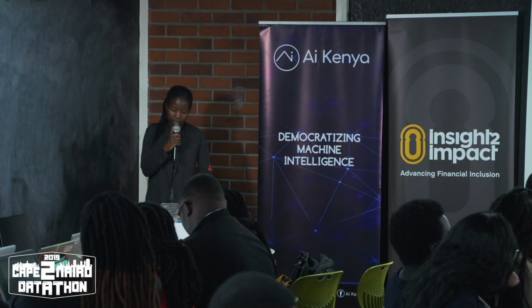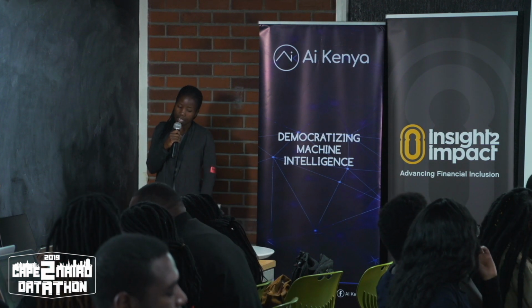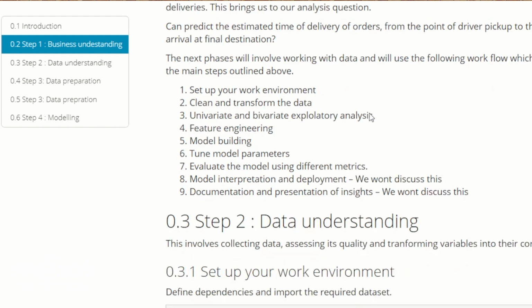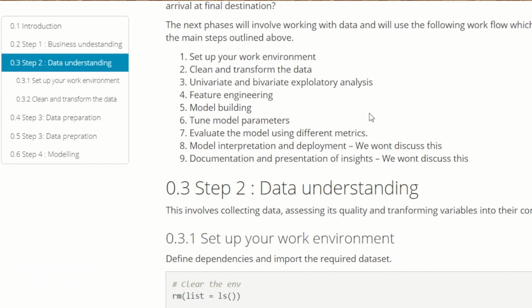And then once we're done with feature engineering, we're going to do model building, which will involve tuning parameters for our models. And then we're going to evaluate our model using different metrics so that we can come up with a very predictive model that is with a higher level of accuracy. So the last two steps, we won't do them today, but they are very important steps in any machine learning